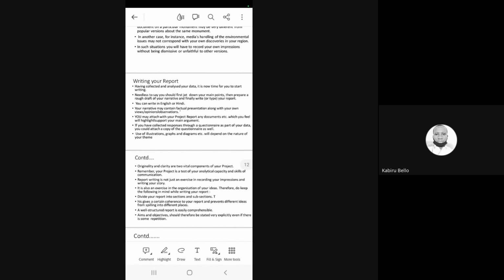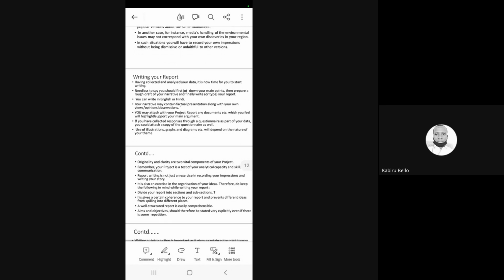Your report. So don't start typing right away. As I told you, you should have a copy and jot down the important points, and once everything is done, then you can type it. Usually what we used to do was a hardbound copy, two copies. One copy is sent to the coordinator, and one copy is kept for ourselves.